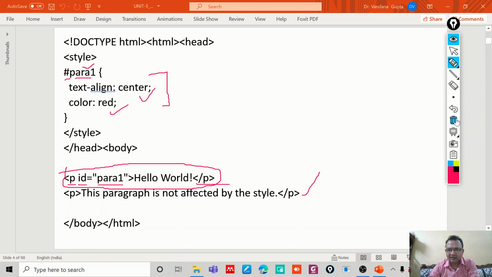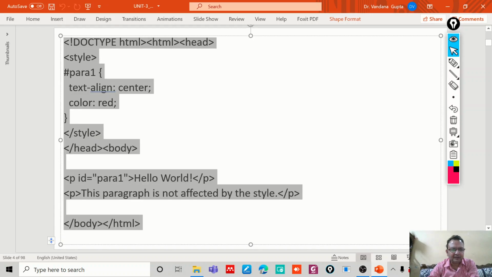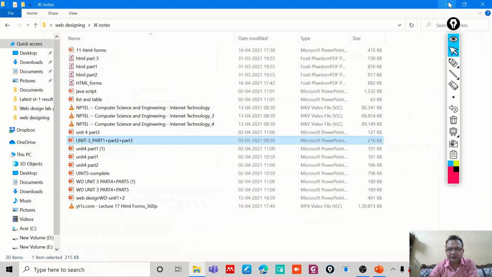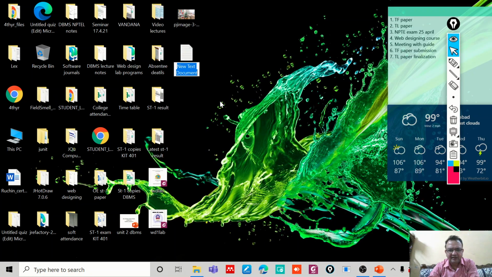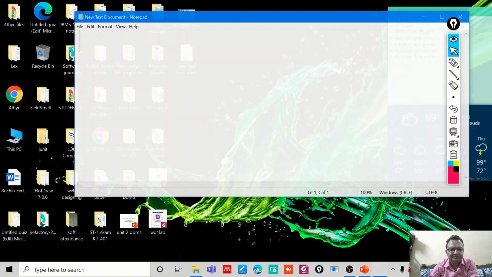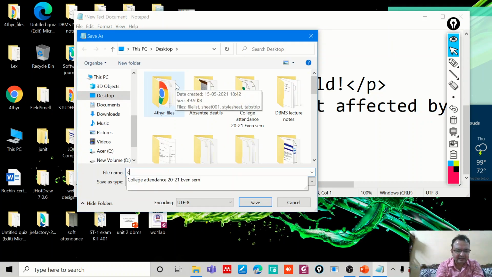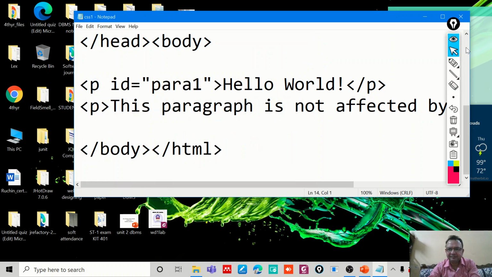If I want to show you how it is actually going to work, I copy this code and run it for you so that you may see the effect. I take a text document, paste it, and save it as css1.html.